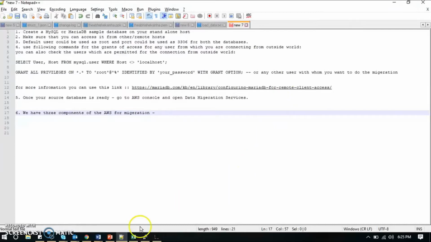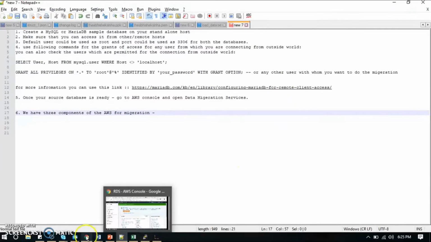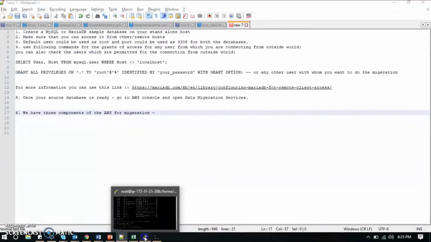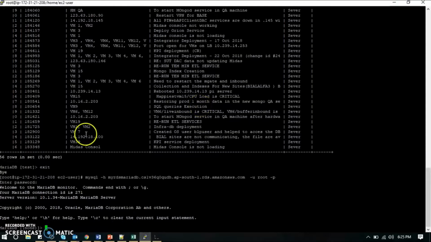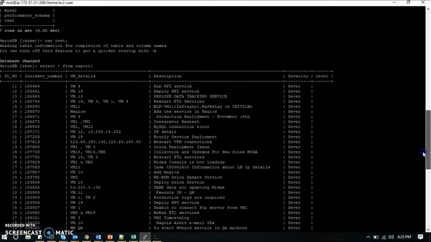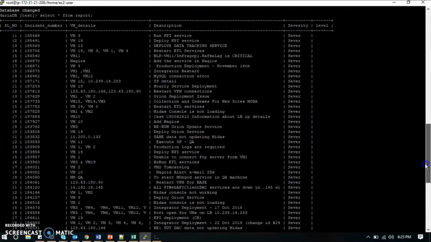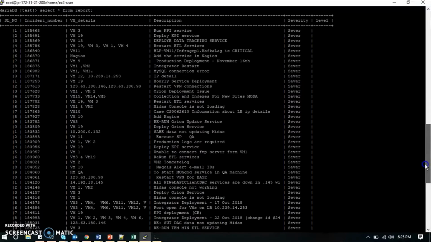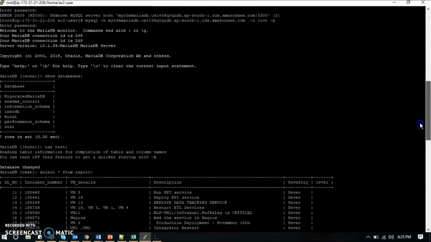I will show that to you. This is the data which I have used, and this is how it looks on the table.